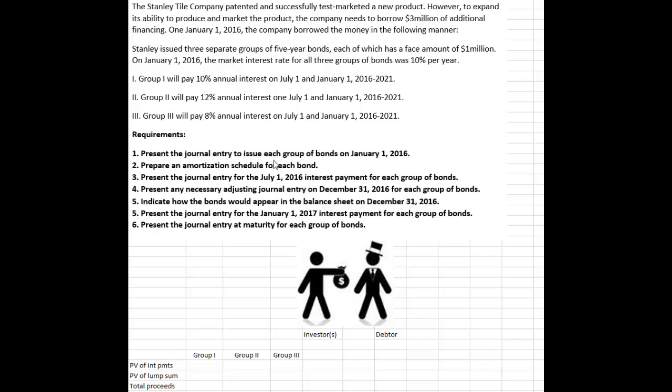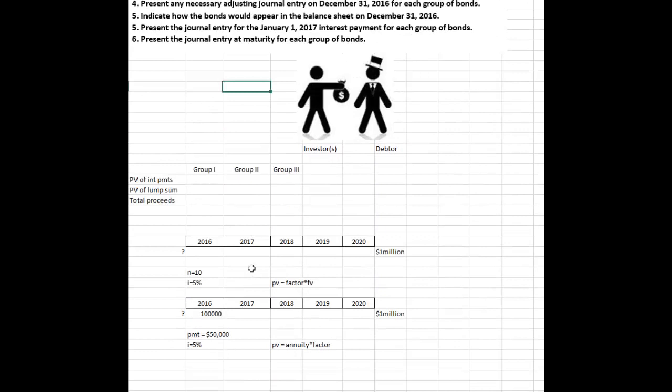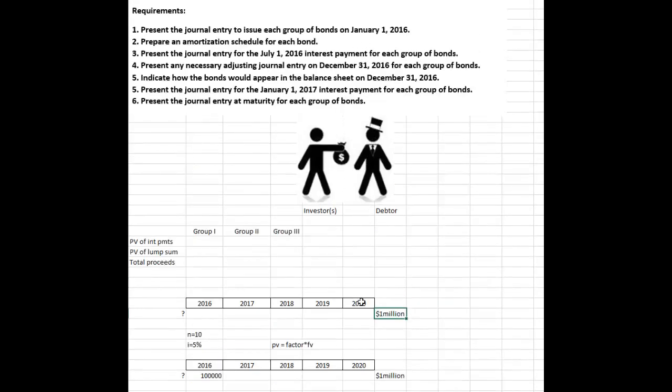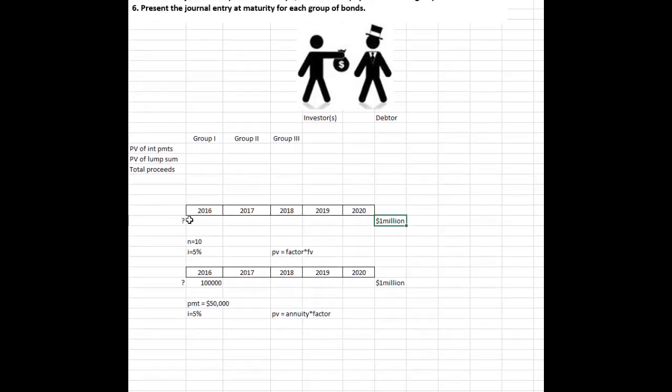Okay, so that gives us enough information if we're the investor to say, what is this bond really worth to us? And it's worth nothing more than the present value of all the future cash flows, but there are two types of cash flows in this bond. One type says, I'll give you the $1 million face value back at the end of the bond when it matures, which is 5 years from now, or 10 interest payment periods, because we're going to get paid interest every 6 months. So I need to know, what is it worth today if in 5 years, 10 interest payment periods, it's worth $1 million. So the present value of this portion of the contract equals the future value, 1 million, times